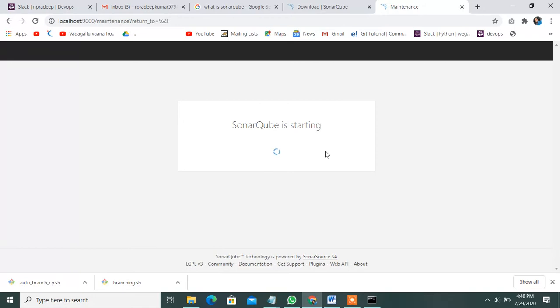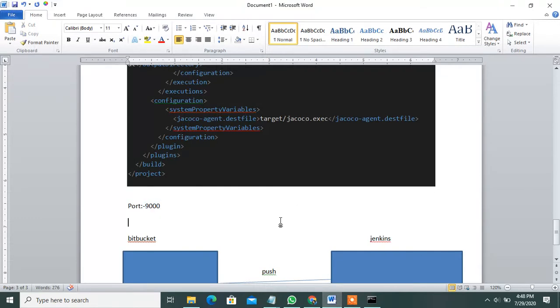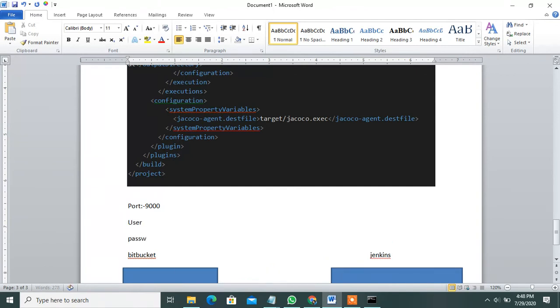Once it starts, the default user is admin and the default password is admin.